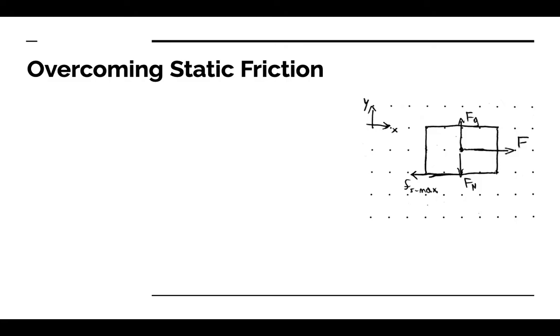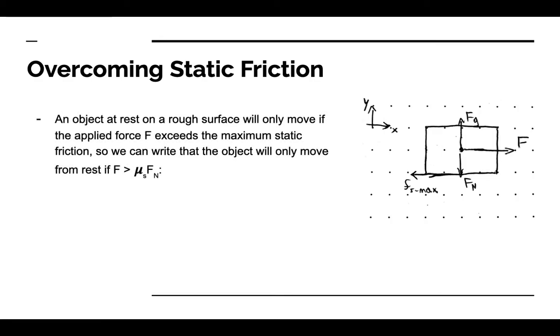So, overcoming static friction. We'll look at the conditions now to overcome static friction. Let's say I'm pushing to the right here with a force F, and then there's a force of static friction acting towards the left. Again, we have the normal force and the gravitational force, but for right now we're just going to focus on the horizontal direction. So an object at rest will only move if the applied force F exceeds the maximum static